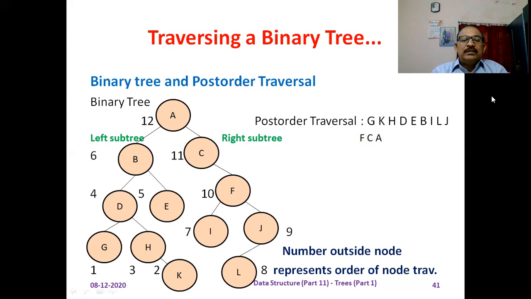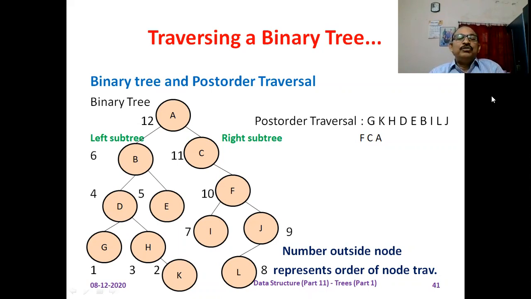Then next step, we call the post-order traversal algorithm with the right subtree of H, that is K. Here you can see K is the root node. Again, the left subtree of K is null, and the right subtree of K is null. Then next step, process the root node, K is printed on the screen. Next suspended activity, the parent of K, that is the root node H. So H is printed on the screen. Here you can see the left subtree of B is finished.